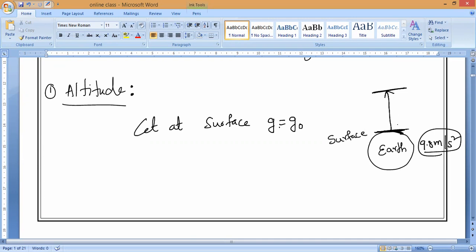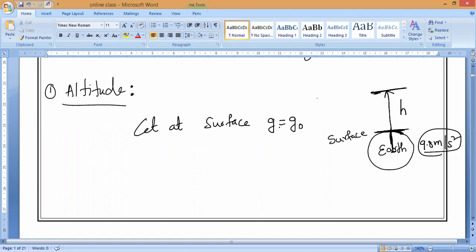Yes. Now, after moving away from the surface of the earth, what we should call it is altitude. Can I consider that altitude is h, height? Guys, you have to communicate. If you are speaking, it will be more convenient for me also. Height is h. So after reaching a certain height, definitely the g value will be something else.